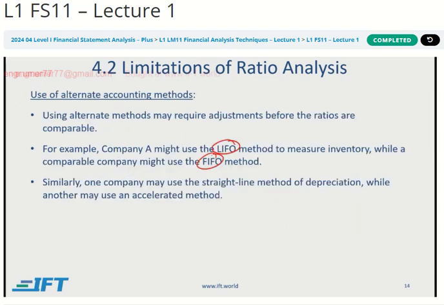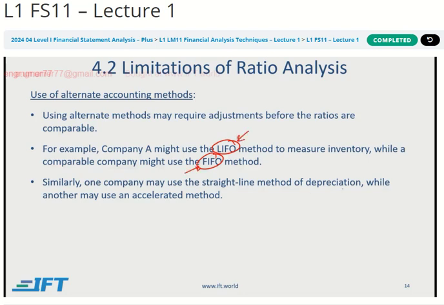Definitely, accounting standards make a difference, right? So again, with the Apple and Samsung example, if one is following IFRS and the other one is following US GAAP, you will need to make adjustments, right? And even if both are following US GAAP, but one is doing LIFO and the other FIFO, then again, you need to